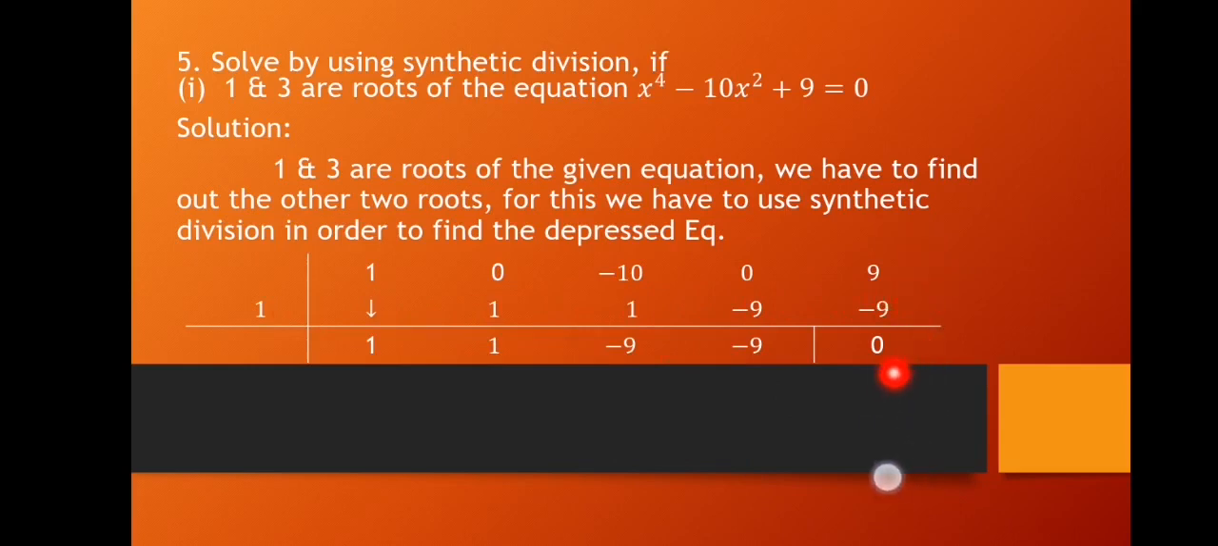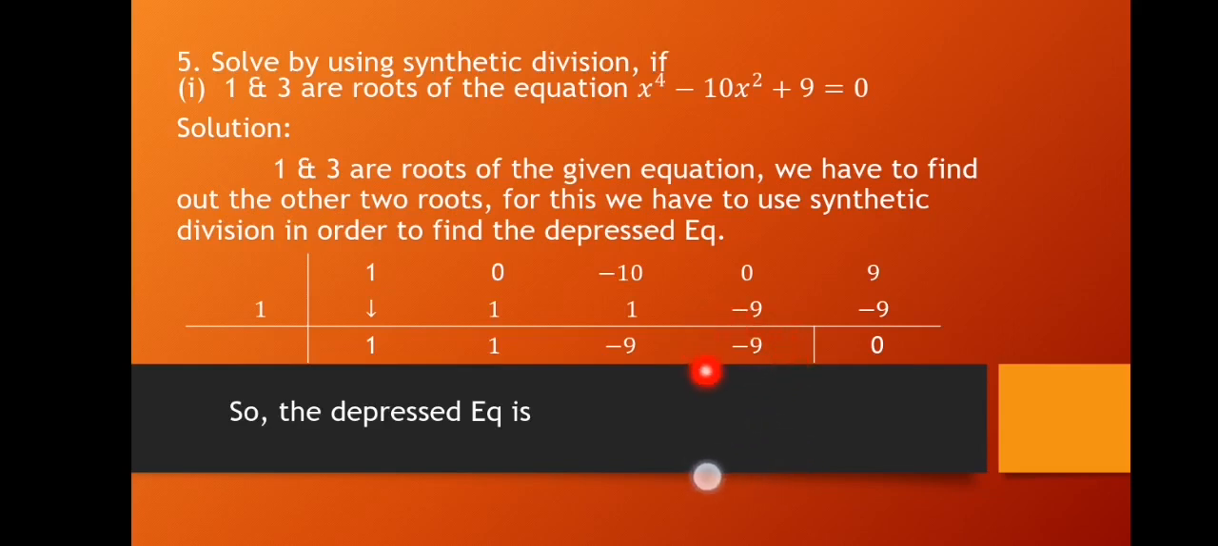Here the remainder is equal to 0 and the depressed equation has 4 terms, which indicates that it will be of degree 3. If in the depressed equation we have 3 terms, then we have a quadratic equation, that is an equation of degree 2. Here we have 4 terms, which means that we will have a cubic equation, that is an equation of degree 3. So these 1,